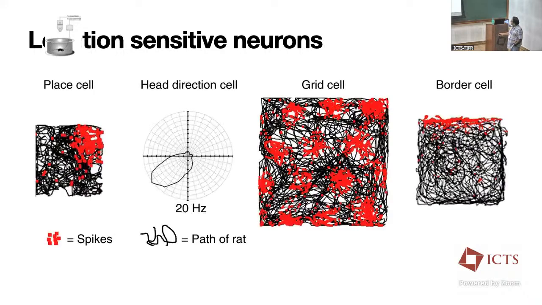So the black lines that you see out here, that's the path of the rat as it's going around. I know that experimentalists seem to throw chocolate in the enclosure and have animals go around randomly. And here, this is most likely what's known as a place cell, and it's recorded from, I think, CA1 region of the hippocampus. So you have the animal going around in this rather random-looking trajectory, and the red dots here